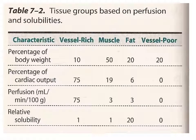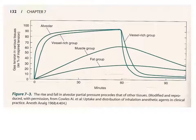When you turn the anesthetic on, the alveoli will get filled first, then the vessel-rich group, then the muscle group, and the fat group never really gets filled. Neither does the muscle group really. When you turn the anesthetic off, your alveolar and arterial vessel-rich group levels will drop most quickly. So the patient will start to wake up, but they're still putting